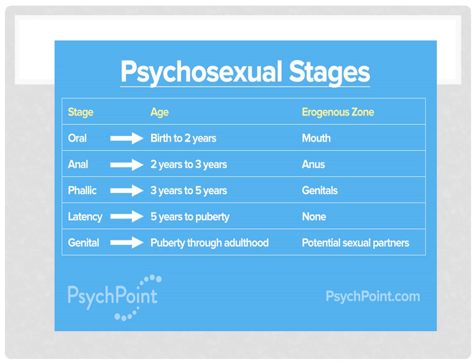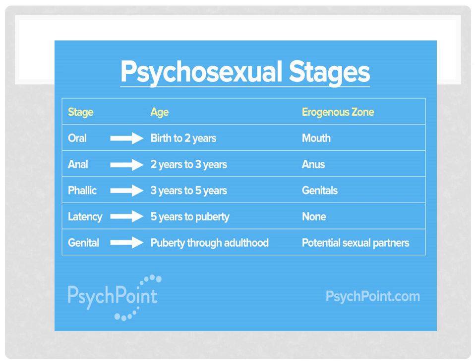Okay, but in here, maybe we can just change this because the phallic is already 3 to 5. Let's change the latency to 6 to puberty. So again, latency is 6 to puberty, and the erogenous zone is none, and it focuses more on the environment because children tend to interact more with their peers. So in here, people have the idea of the things that they interact with, like for example, whether they interact with their same sex or not. And then we also have the last stage, which is the genital, which focuses on the